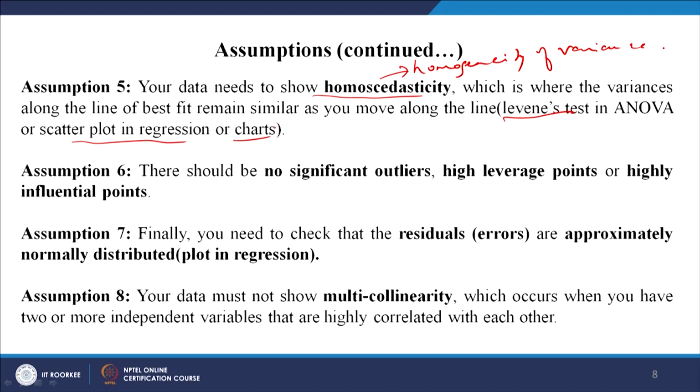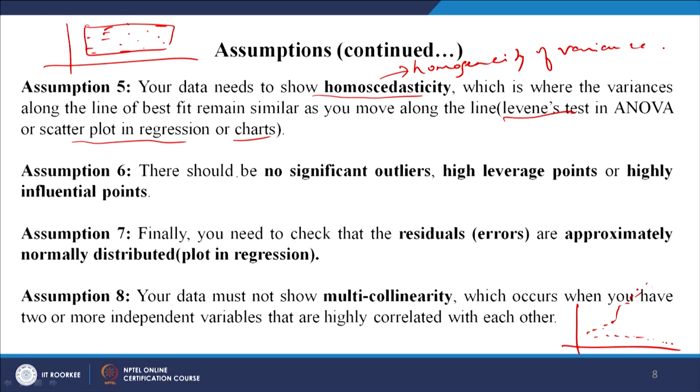So, you can just check. Homoscedastic means it should form a rectangle. For example, if you plot the data on a graph, it should look like a rectangle. Otherwise, suppose the plot looks like a cone or funnel, then we say it is a case of heteroscedasticity. So, it is no more homoscedastic, it is a violation, right.